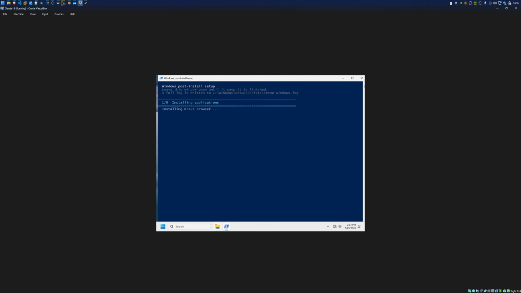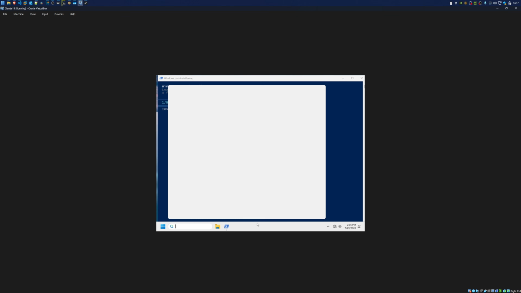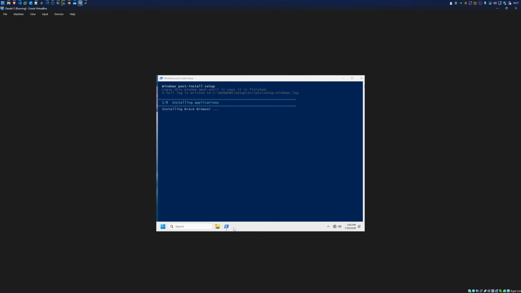So what's correct here is that the File Explorer is pinned, but I did deliberately say in my prompt that I don't want the search or task view or anything like that. I want that to be hidden. So that's something that didn't take. I mean, Claude might have applied it to the registry, but it might have not respected it. Or I need to judge that when this Windows post-install setup script has actually finished running.